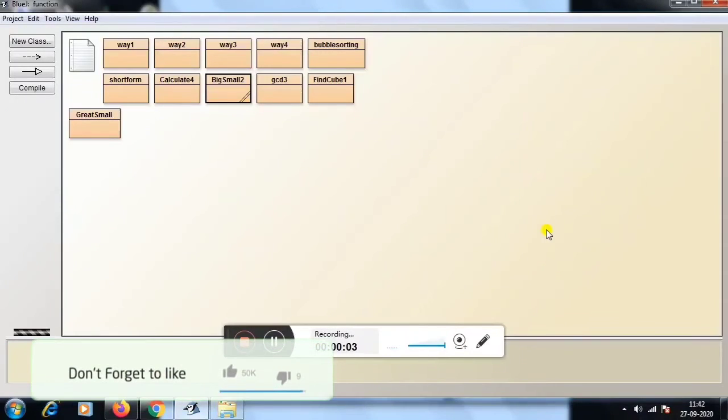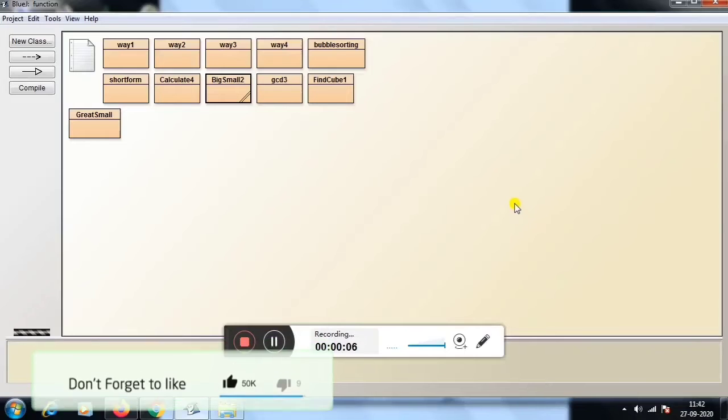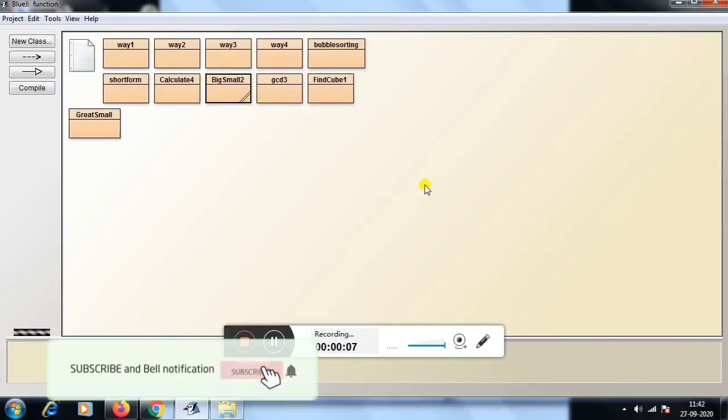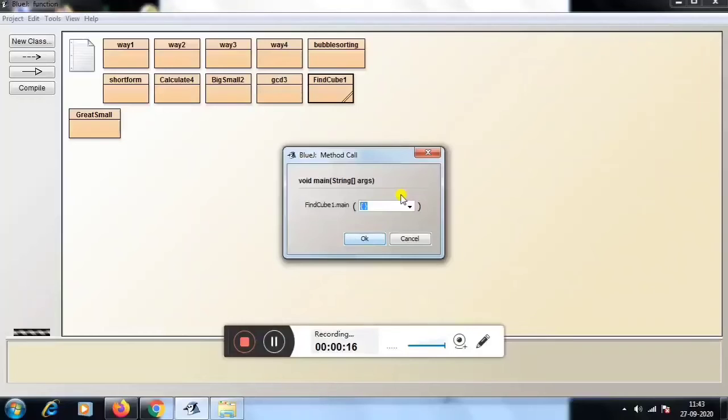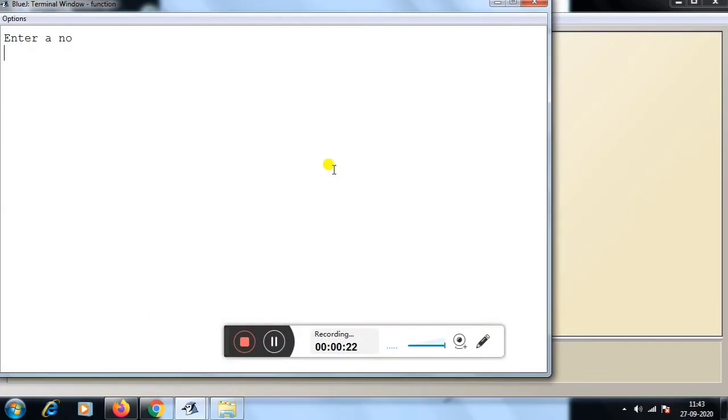Now we will see whether this program is giving output or not. For that you right click on it, then click on void main. Then here you click on OK. When we click on OK, it asks for a number. Suppose I enter 5, then the output is 125.